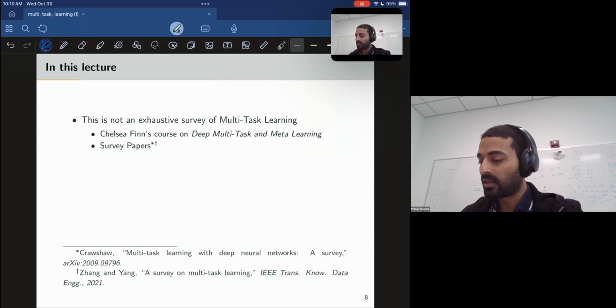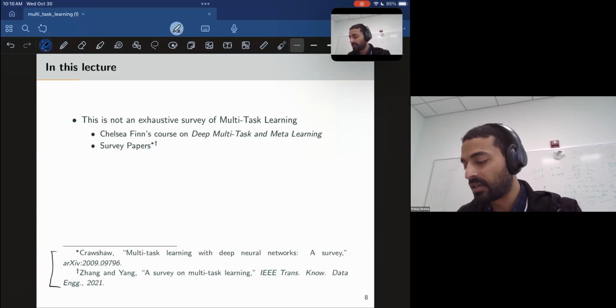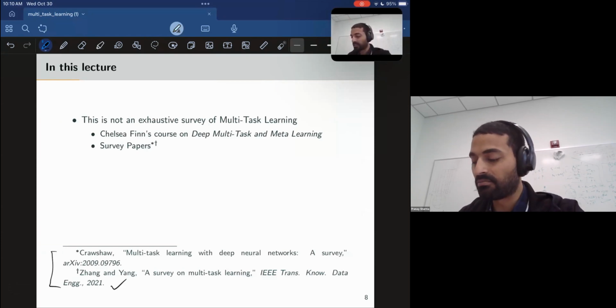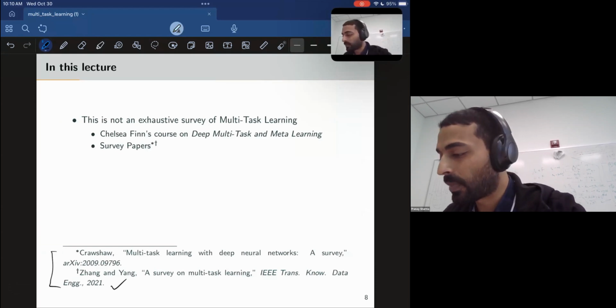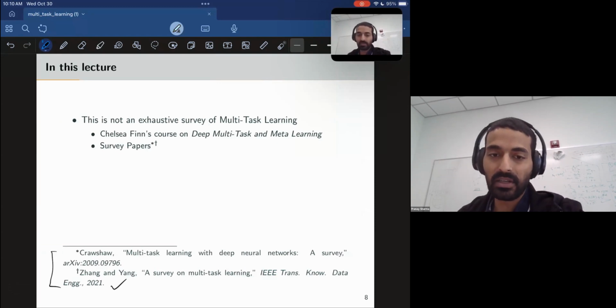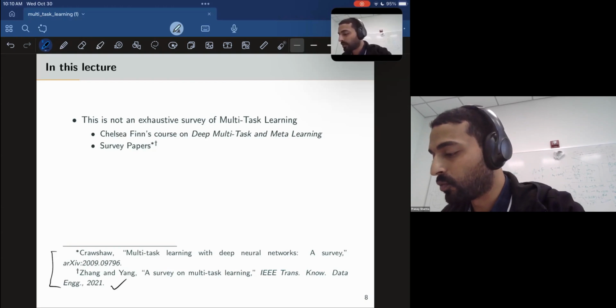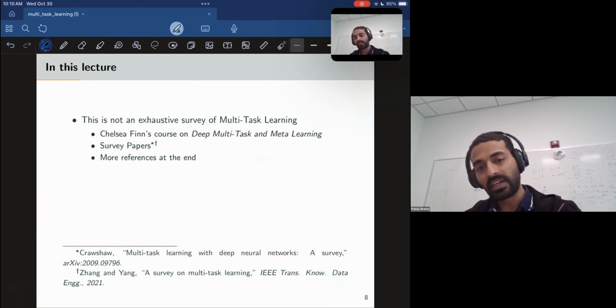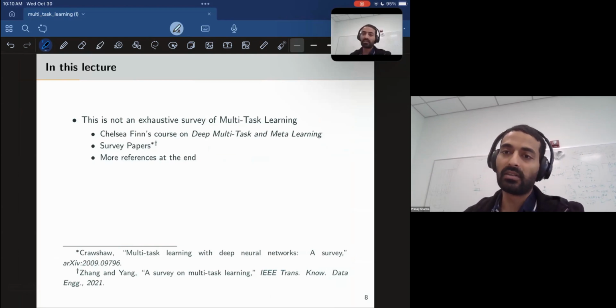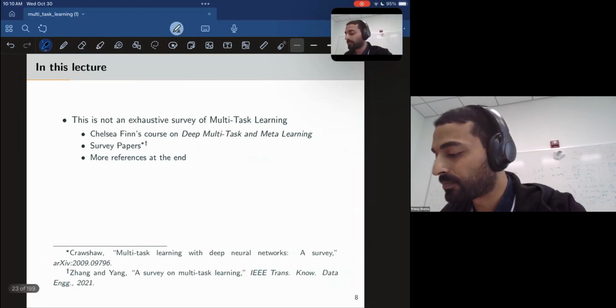For this lecture, I have used these two survey papers. Both of them are quite good. The first one is relatively more recent. This one appeared for the first time in 2017, so it is slightly dated. It doesn't spend too much time on neural networks. So if you're interested in deep learning and the intersection of deep learning and multitask learning, the first one would be better. And I'll also give more references for specific ideas all through the presentation. And then the most important references for this talk, I'll have on the very last slide.